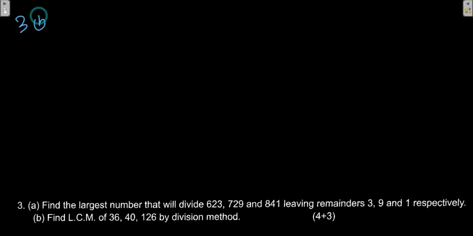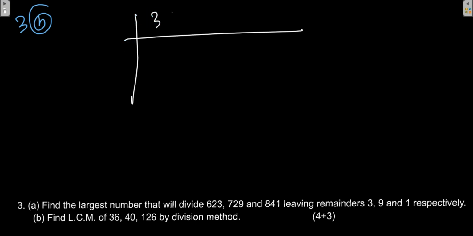Acha, in the next sum, all of you please read it. In the next sum, that means it's 3b actually. So in 3b, it is told to find the LCM of 36, 40, 126. Okay, so let's find out the LCM. All of you know how to do the LCM. So 36,